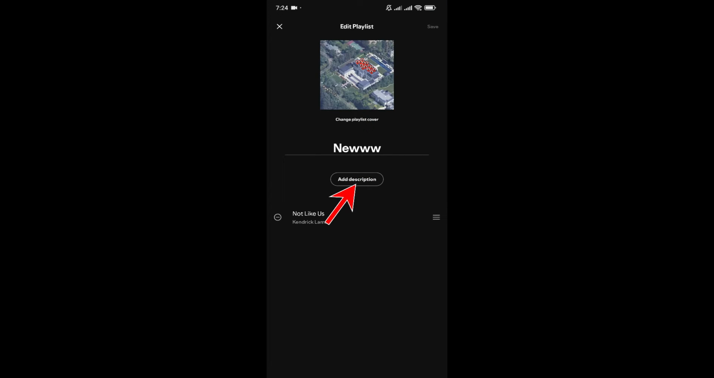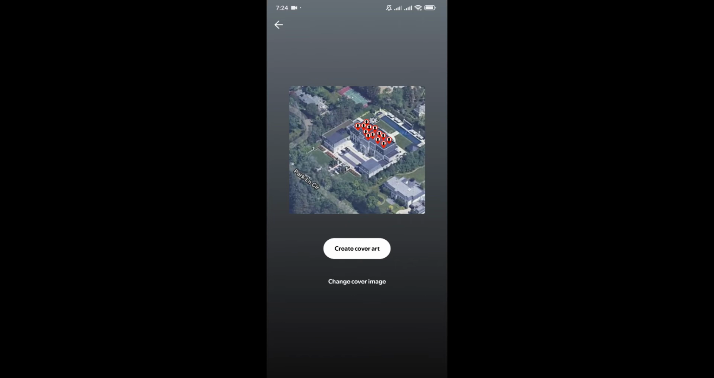From here you can see the option called change playlist cover. Tap on it. Then from here you can change your cover by either creating cover art or just changing it